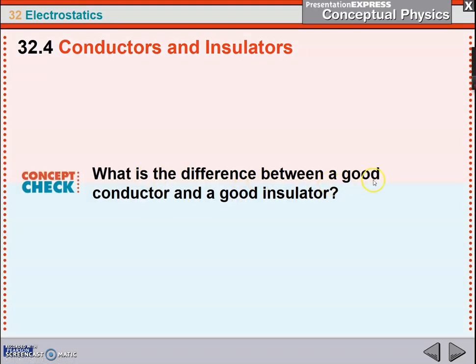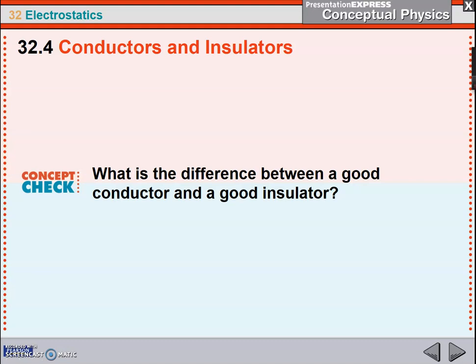What is the difference between a good conductor and a good insulator? A good conductor has electrons that can move freely through the material. And in a good insulator, all the electrons are tightly bound to the atom, so there's no electrons to move around. And that's that. Okay. That will be enough to get you through the homework. I do not address superconductors, so if I forget to remove the superconductor question, just skip it. Thank you.